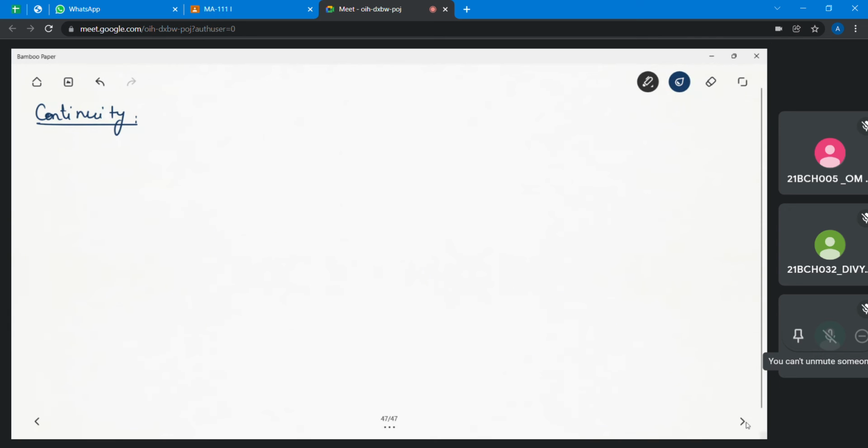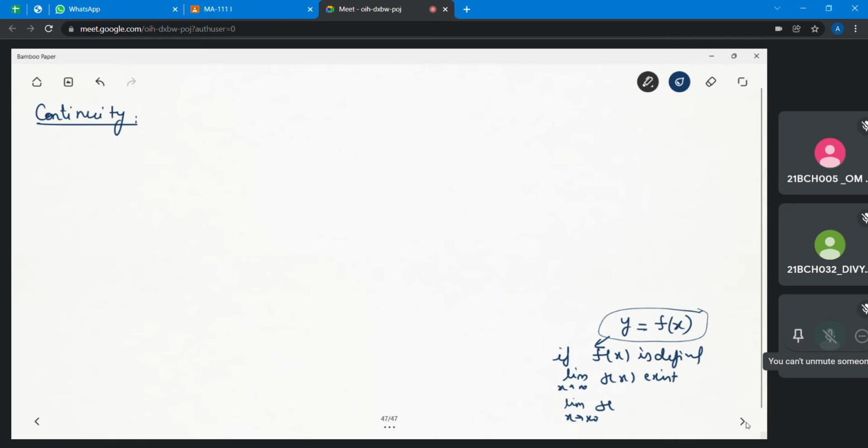When we used to discuss the function of one variable, we say that this function of one variable is continuous at a point if, first of all, the function should be defined. Okay, function defined होना चाहिए, limit corresponding to this f(x) exists, और अगर limit exist कर रही है, so the value of the limit should be equal to the value of the function at that point. यही तो तीन condition थी. The limit of f(x) should be equal to f(x naught). So this is how we define the continuity of the function of one variable.